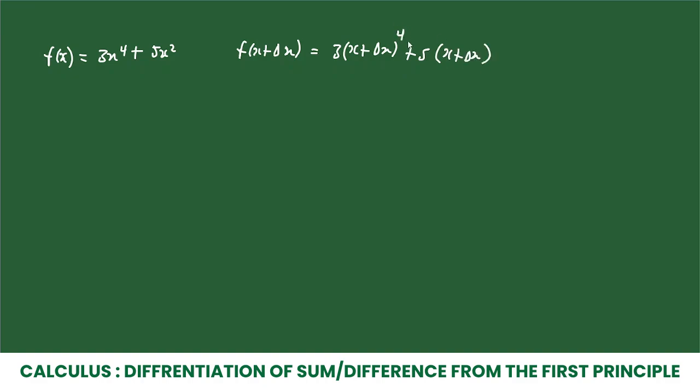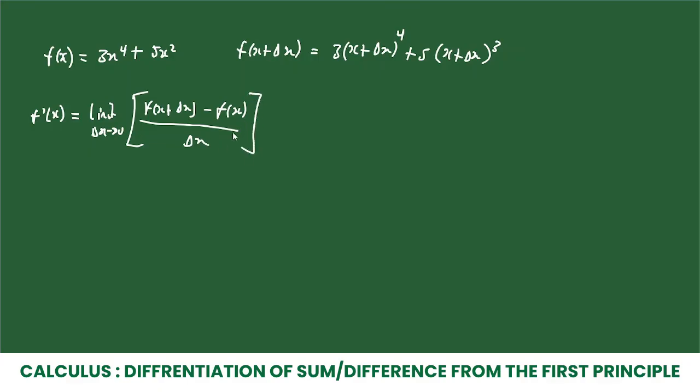This is to the power 4 and this is to the power 3, right? Yeah, so we already know that the derivative of f of x from first principle is the limit as change in x approaches 0 of f of x plus change in x minus f of x, all over change in x. So let's substitute that, right? We are going to get